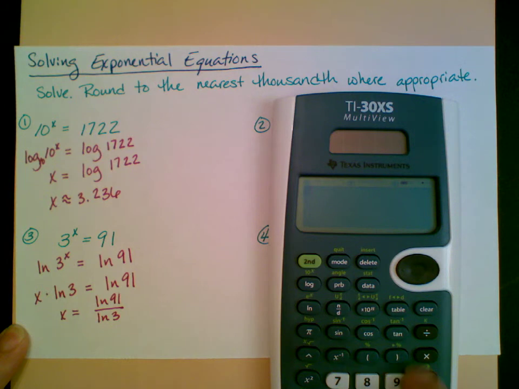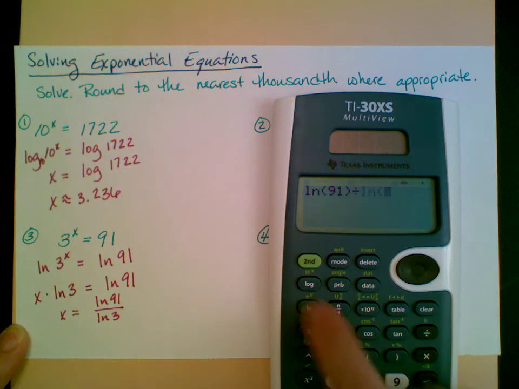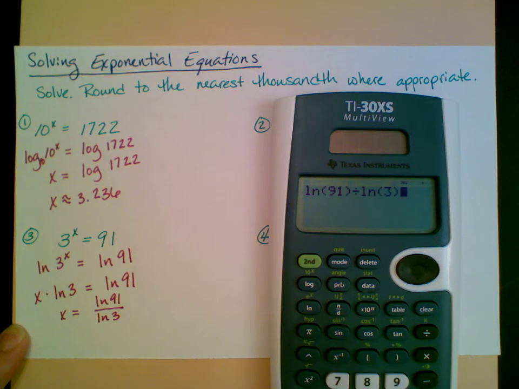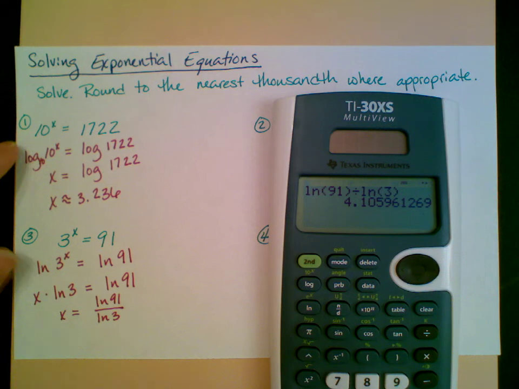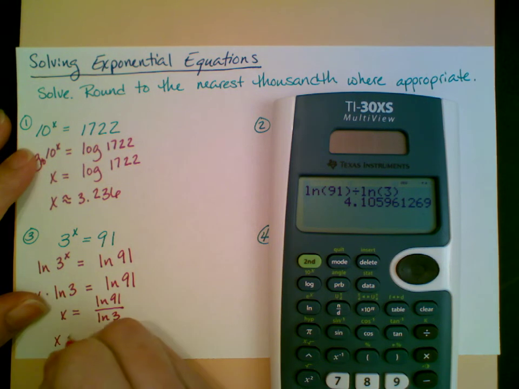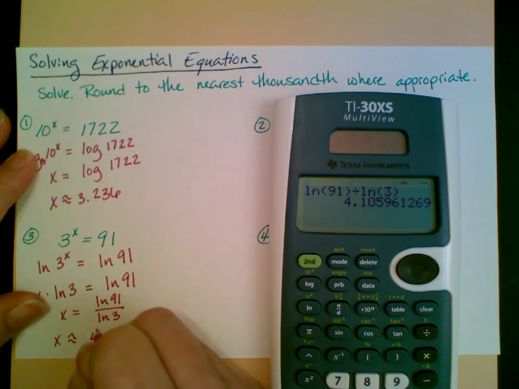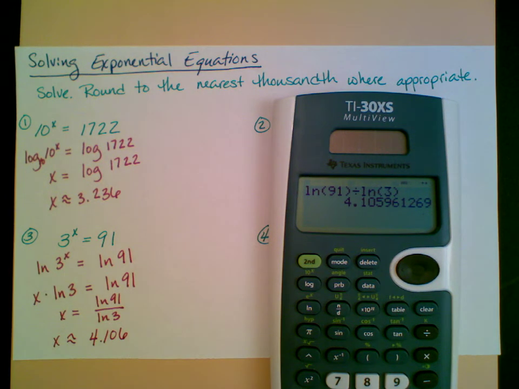So I've got the natural log of 91 divided by the natural log of 3. And when I put that in, I get 4.106. So x is approximately equal to 4.106. Now, very often, when I teach this in person, people will say, well, why did you take the natural